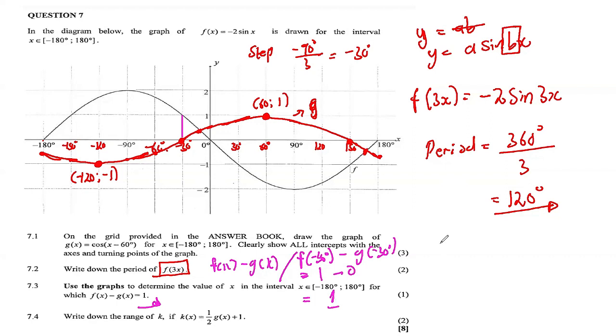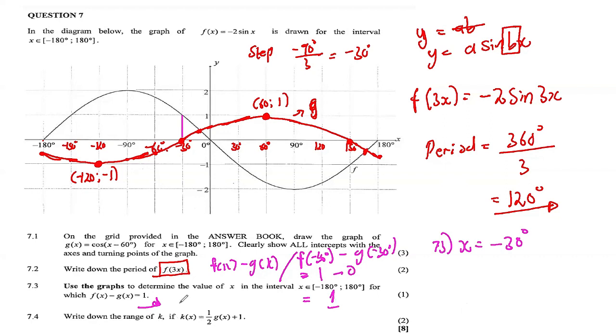So our solution for 7.3 should be when X is equal to -30 degrees, because that's when we can take the Y value of F and subtract the Y value of G and we get +1. Okay, now